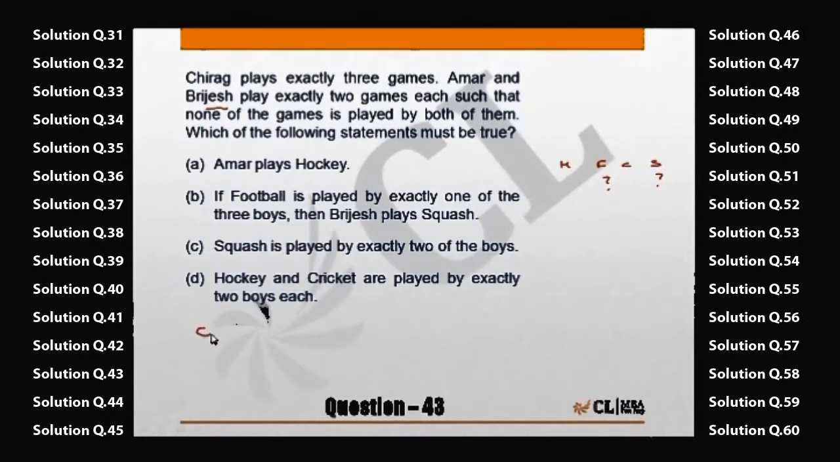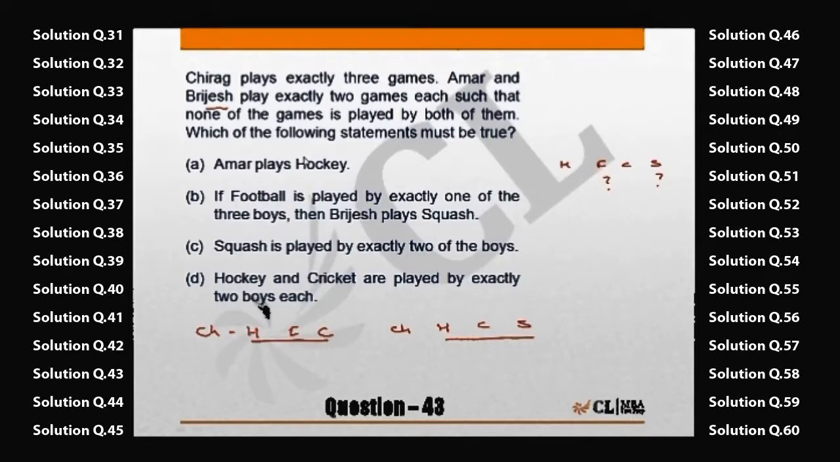Okay, so let us look at Chirag first. The games which Chirag can play are hockey, football and cricket. The other combination possible for Chirag is hockey, cricket and squash. So Chirag can go for either of these two combinations. If you remember, a person who plays football cannot play squash, so obviously football and squash cannot coexist. Now